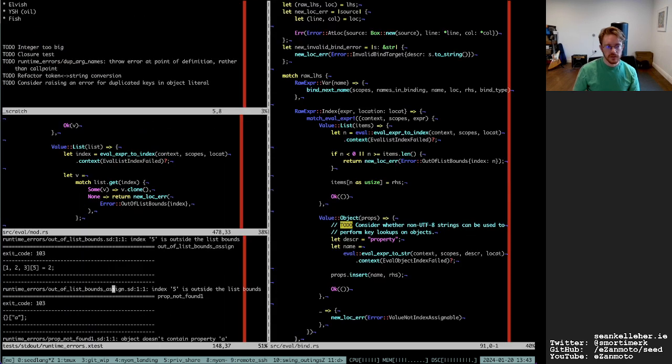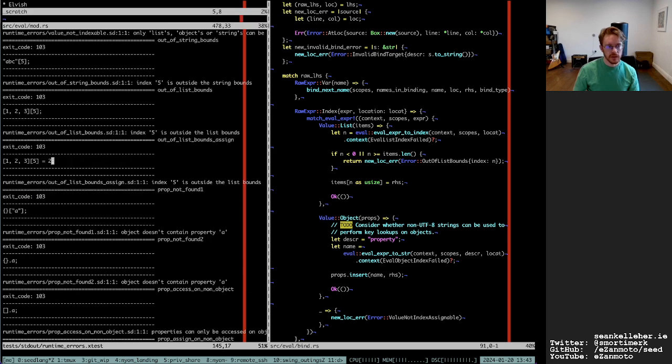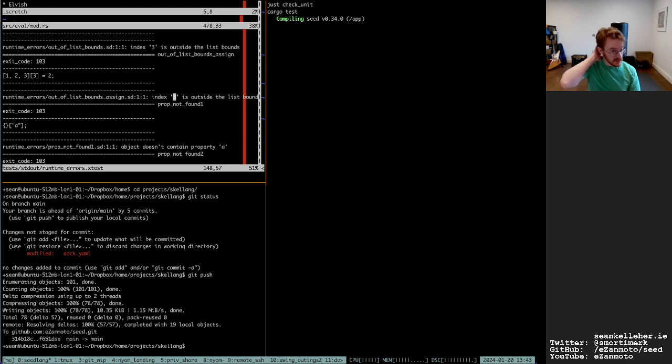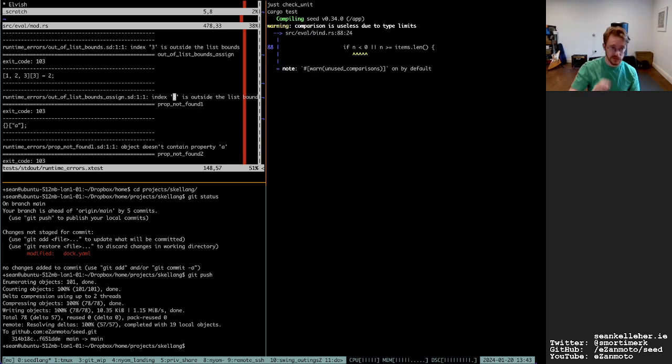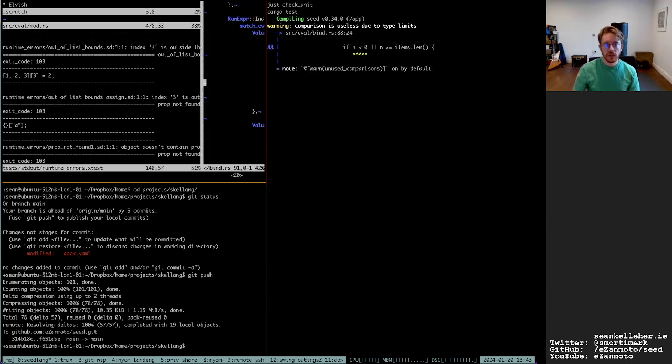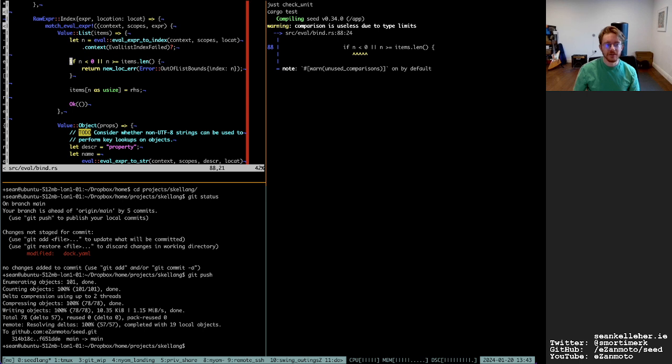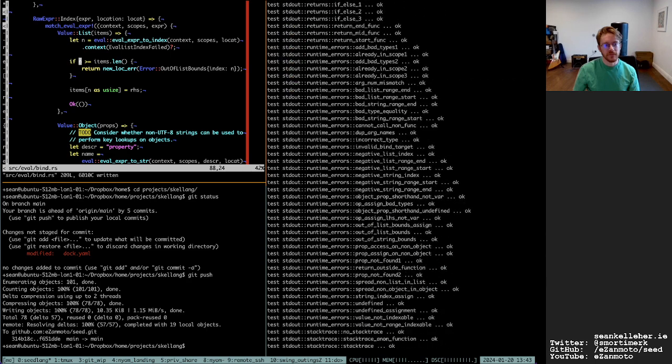And I'll want to change that to 3 just to confirm that I'm checking the list length correctly. I should recheck the bounds. Is use very nice. Oh. Yeah, so it's a usize, so